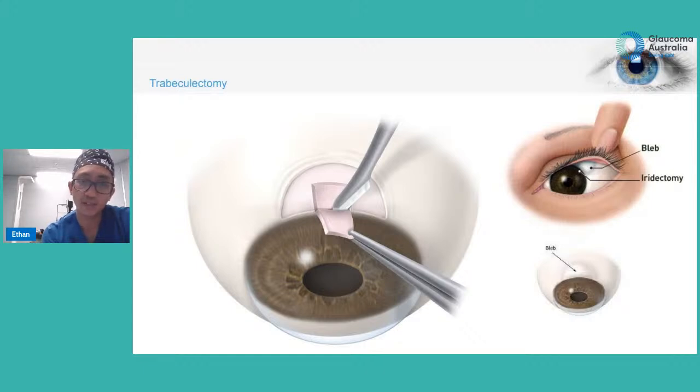And what we do there is the white coat of your eye is covered by a layer called the conjunctiva. It's like a slightly thickened glad wrap layer, if you will, like the skin of the eye. So we make a cut and we reflect that backwards to get access to the sclera, which is the coat of your eye. It feels a little bit like hardened egg white, boiled egg white. And it's roughly about 1 millimeter thick, give or take,